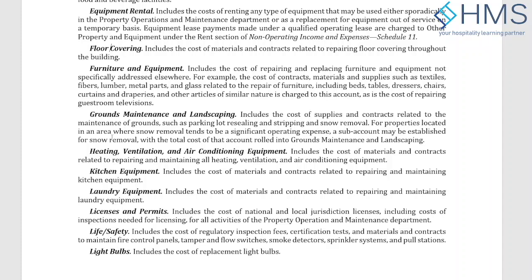Then you have also the TV, the in-room equipment which are available in the guest rooms, like minibars, televisions, the hair dryers, or the air cons. Then you have ground maintenance and landscaping. So you have a specific department for snow removal or maintaining the grass cutting or the plants and pots. So all those costs will go into the ground maintenance and landscaping.